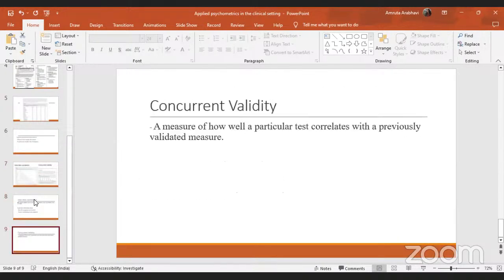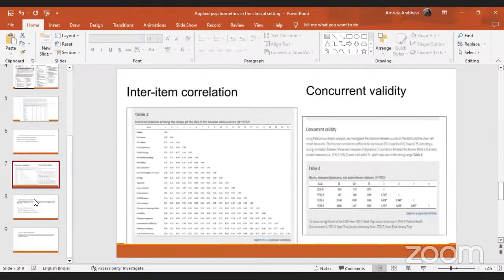After that, concurrent validity scores are also calculated. So for an applied psychometrician, it is very important to find out the correlation of the items, as well as to find out the concurrent validity. It gives us the information about the test which we're measuring, what other tests it is correlated with, and the correlation helps us understand